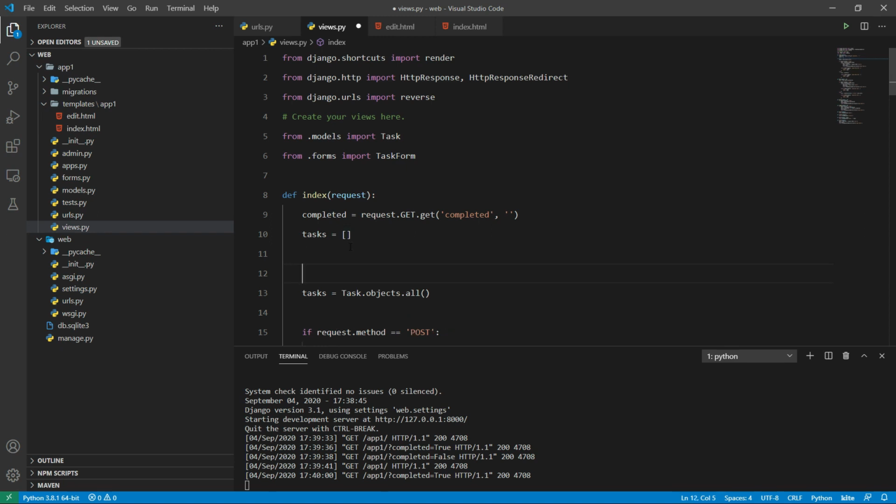So here we have added two new lines. The first one is completed, and we set the value to request.GET.get completed, comma, the second parameter is empty. That means it will try to get the query parameter value for completed. However, if the value for this query parameter is not supplied by the user, then in that case it will just place an empty value. After that, we have assigned task to be an empty list, and here we will add a condition. If the value for completed is available, then